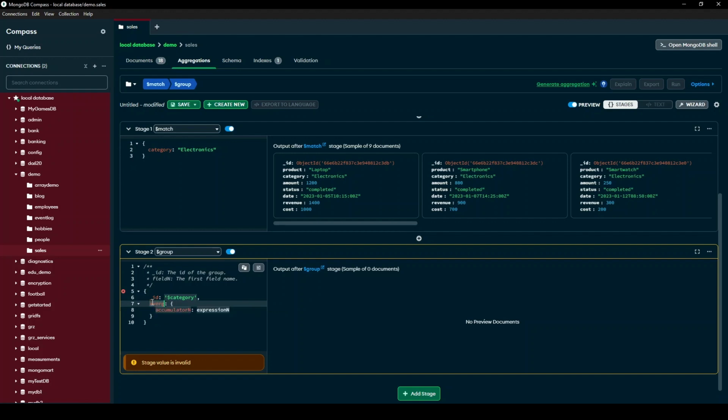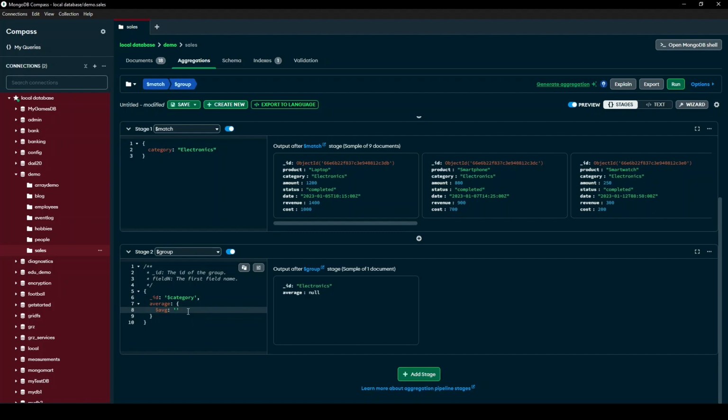And I want to find the average price. So I'll introduce an average field. And how do we compute the value for the average? I'll use something we refer to as an aggregation expression. In this case, it's actually an accumulator, so it will accumulate the results for that category and perform the relevant computation. We're performing an average on what was the cost, so we wanted to find out the average cost. So here, we call this field cost, and this value that we're averaging is called the cost. So we've been able to